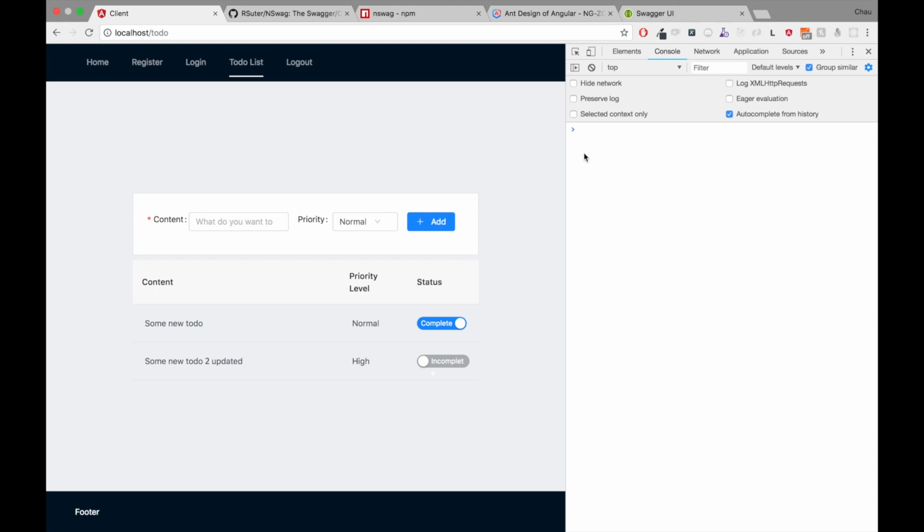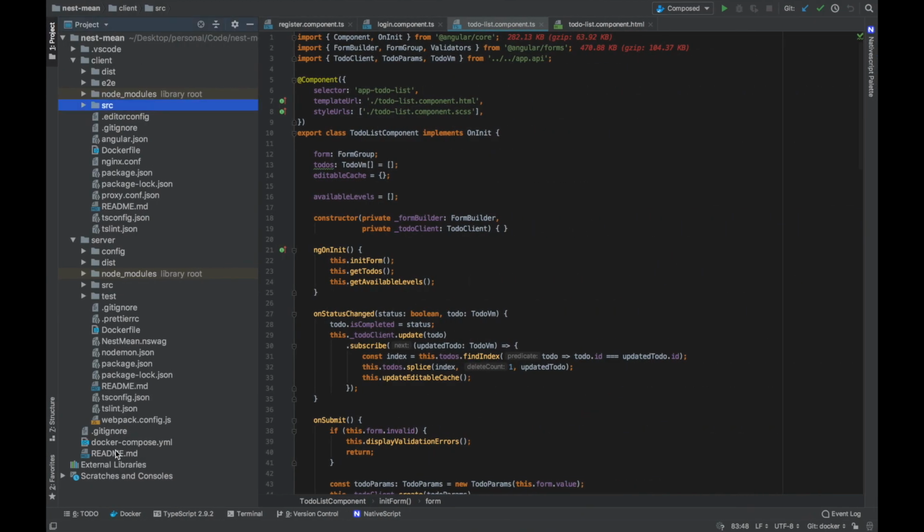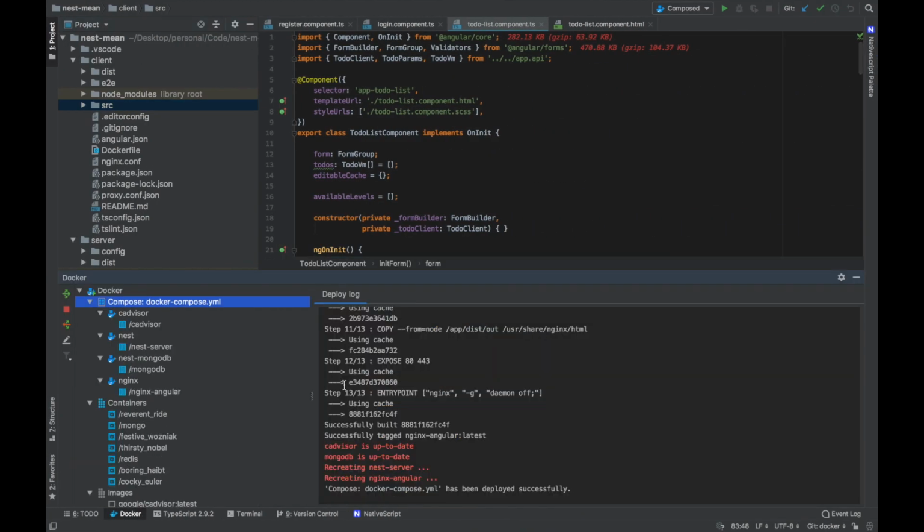It has a T, things like that, because the bundle is uglified, right? And because I'm running everything on Docker, multiple Docker containers. I have my Nest server, my Mongo, and then my Angular, all running on Docker containers. And I can